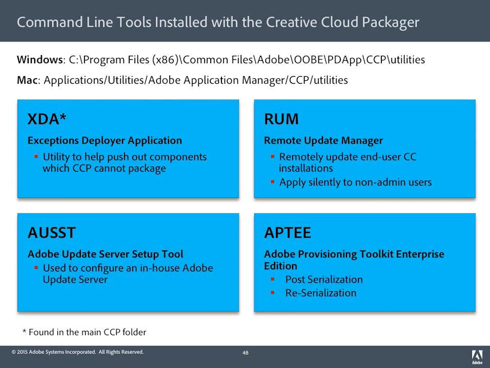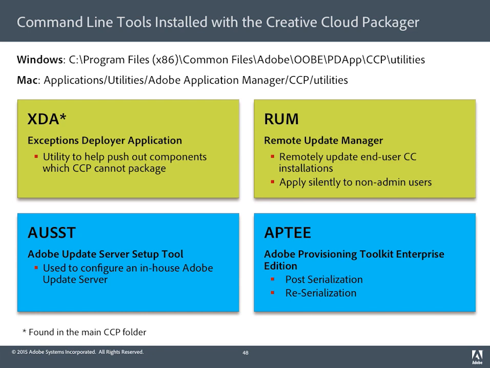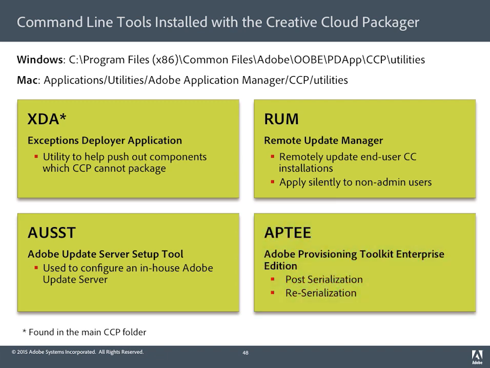Adobe also provides a number of command line utilities alongside CC Packager. These utilities are co-installed with CCP, and above are the paths to the installations so that you can find them. The Exceptions Deployer application helps you package items that CCP cannot directly package. The Remote Update Manager, or RUM, is a command line tool that allows IT administrators to remotely send updates to their users. The Adobe Update Server Setup tool is used to configure an in-house update server, and the Adobe Provisioning Toolkit allows you to serialize or reserialize CC software after you